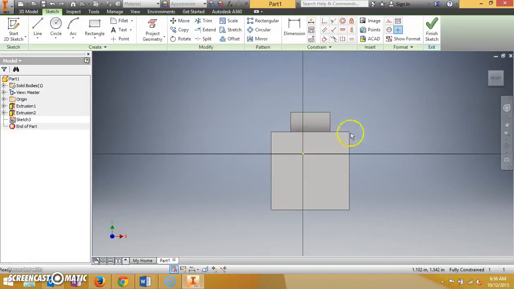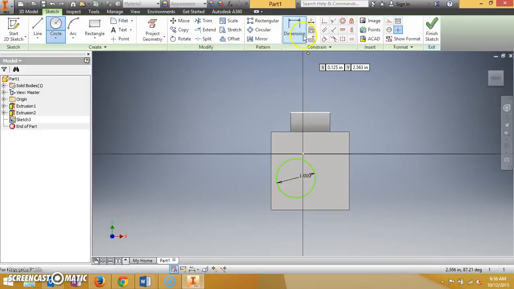So I want a 1 inch circle, just like I had my 1 inch cube on the top. So I come over here. I could try my best to get it in the center. It doesn't really matter. Click once, and I'm going to do that exact same thing. I'm just going to type in 1 and hit enter. So now I have a 1 inch circle, but you'll notice this is nowhere near to being in the exact